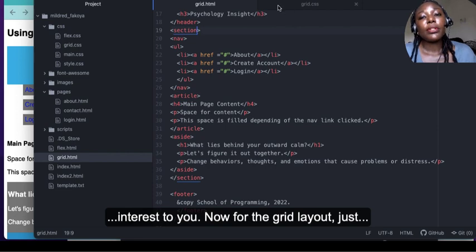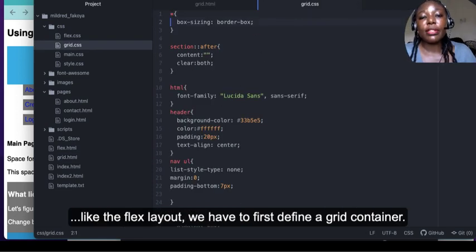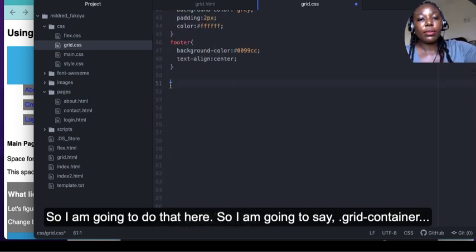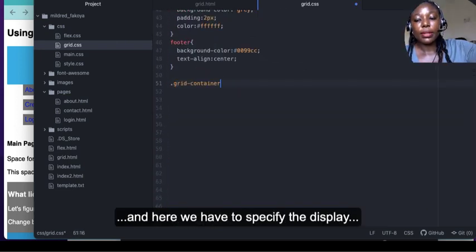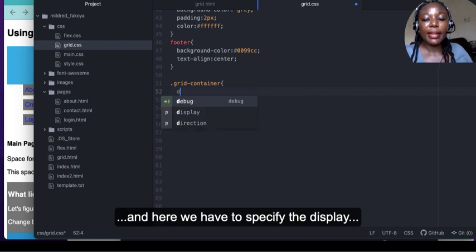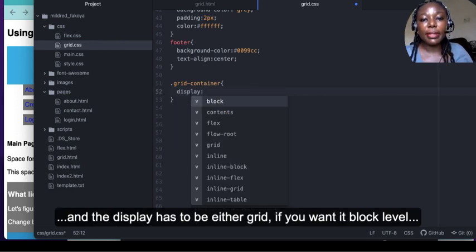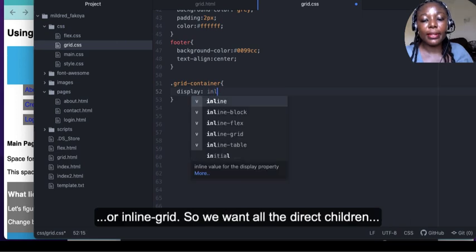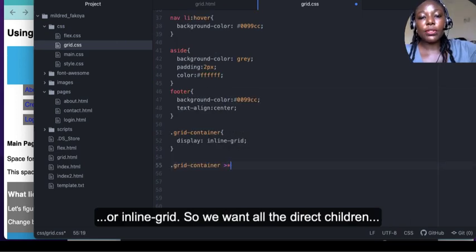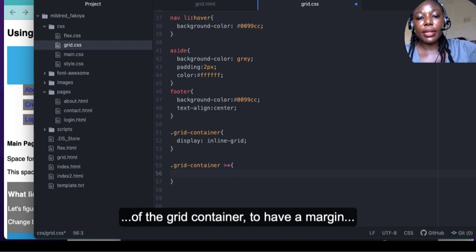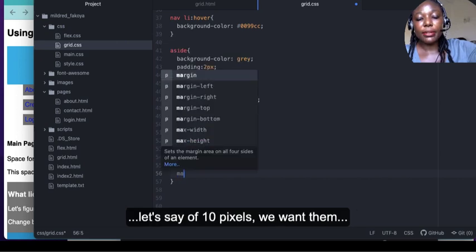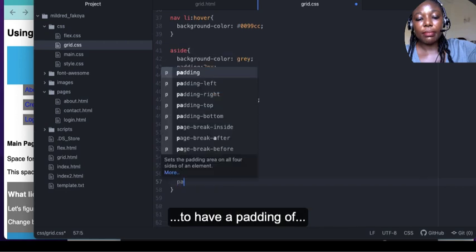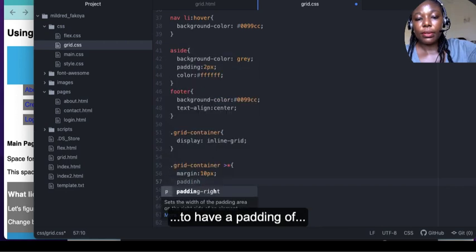Now for the grid layout, just like the flex layout, we have to first of all define a grid container. So I'm going to do that here. I'm going to say dot grid container, and here we have to specify the display, and the display has to be either grid if you want it block level or inline grid like this. So we want all the direct children of the grid container to have a margin, let's say of 10 pixels. We want them to have a padding